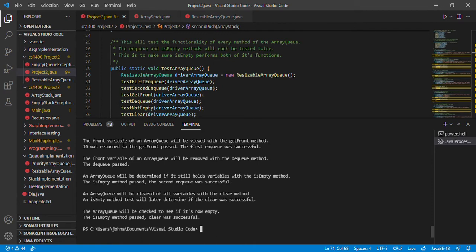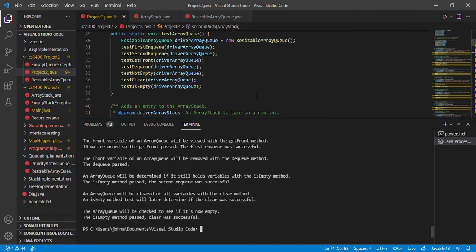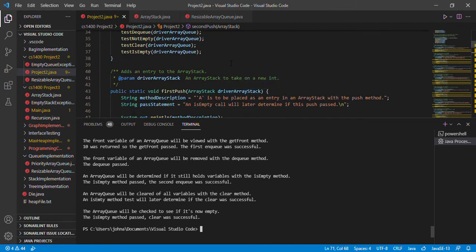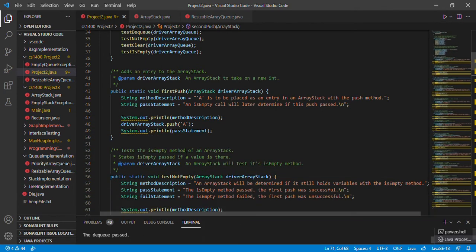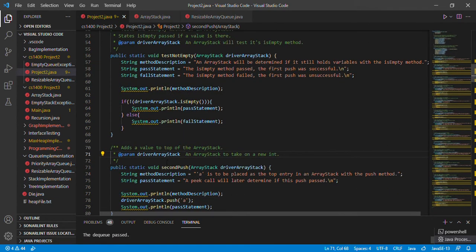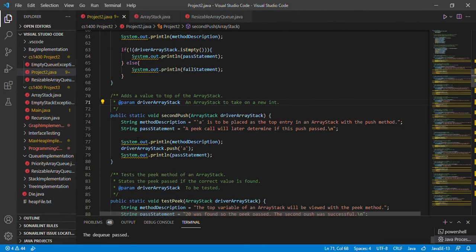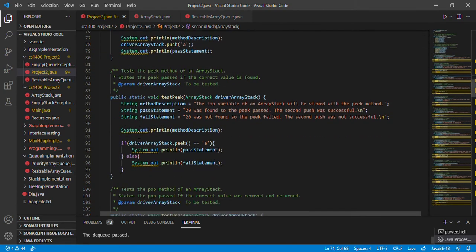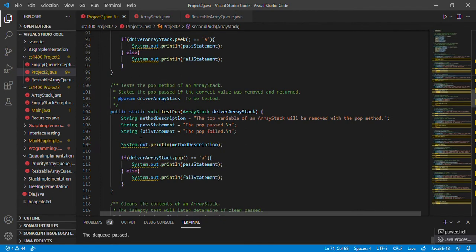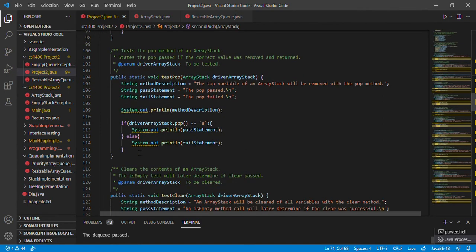Anyways, so everything runs fine because all the output is put to the screen, and then the program doesn't cut out as it's going. And I didn't do any interfaces. That would have helped. I think I could have moved some comments around, just put them in the interfaces, and then my array stack and resizable array queue classes would be smaller, easier to read. But I did end up commenting every method, trying to do good programming practice so I can go back and change things later. And I also tried to organize it correctly, put all the methods in the correct order and all that.